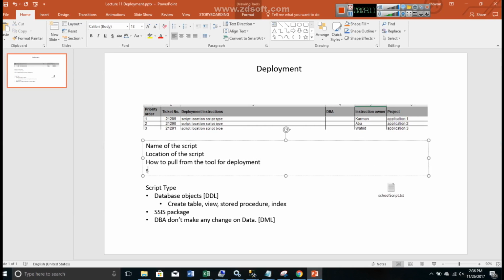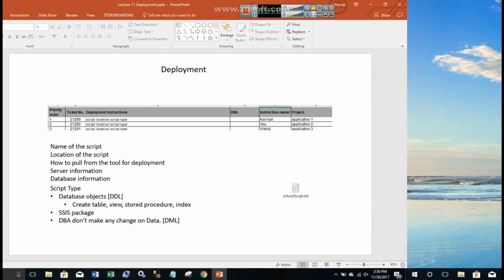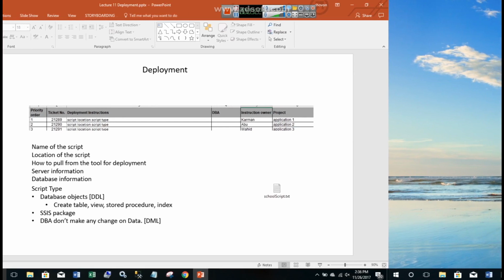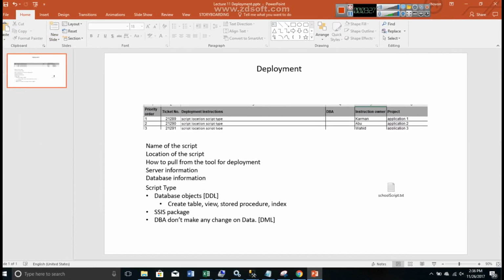Server information and database information will be there, and who the developer is. We will have the developer's name,